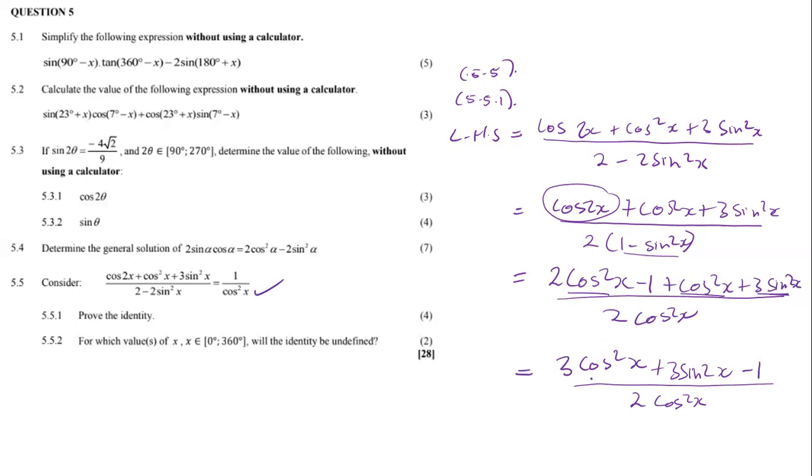And then from here, again, this is an identity, just that we have 3. So the answer there will be 3 minus 1 divided by 2 cos squared x. Maybe you're asking yourself, oh boy,